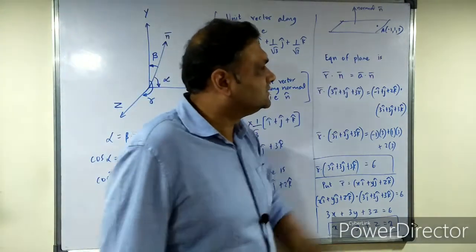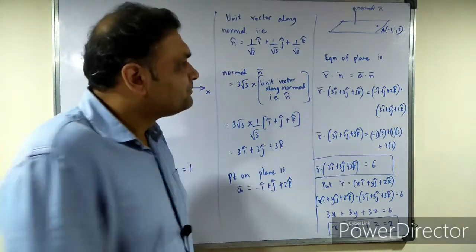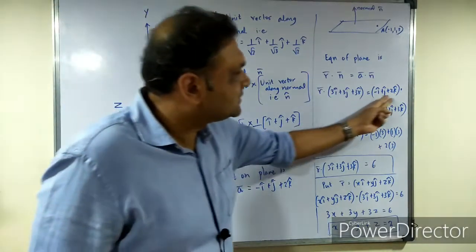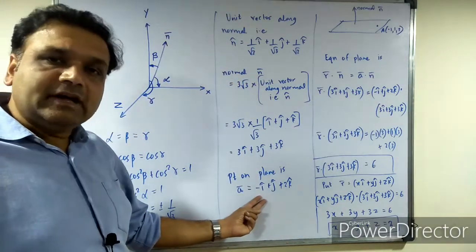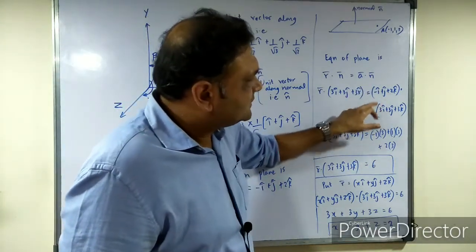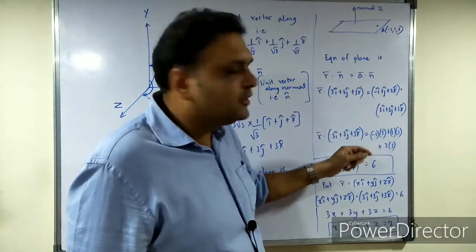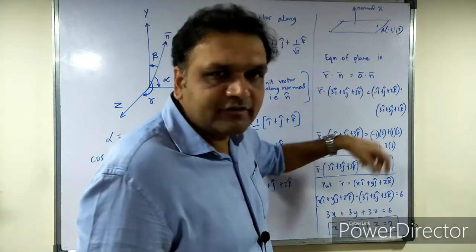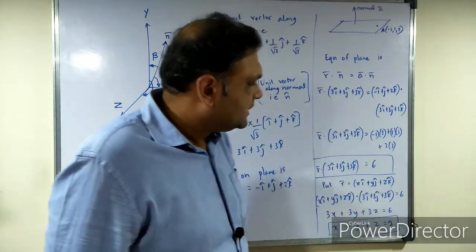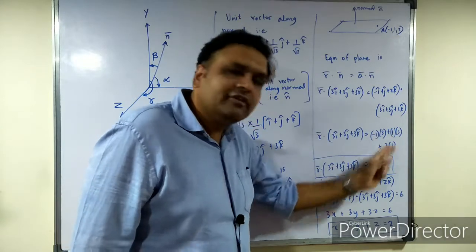Just put i, j, k to these. Now the equation of the plane is of the form r bar dot n bar equals a bar dot n bar. A bar is the point on the plane, n bar is the normal. The normal we know is 3i plus 3j plus 3k, we will substitute. The point we know is -i plus j plus 2k, we will substitute. Now this a bar dot n bar is a simple dot product. How will you evaluate it? Multiply the i, j and k coefficients and add. So -1 into 3 plus 1 into 3 plus 2 into 3. And so this comes out to be r bar dot (3i plus 3j plus 3k cap) equals 6. This on evaluation comes out to be 6.